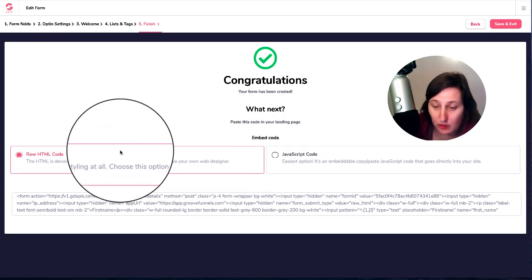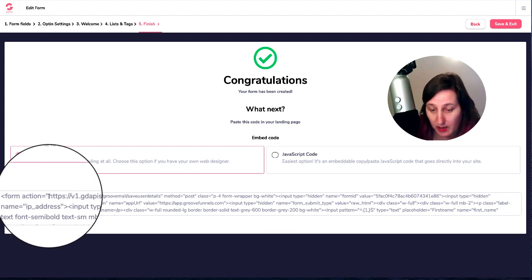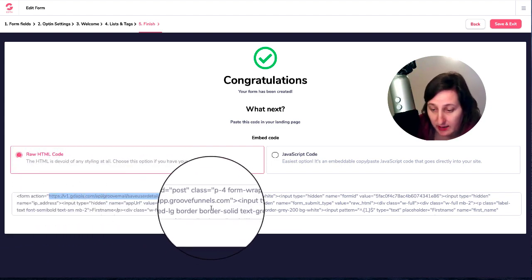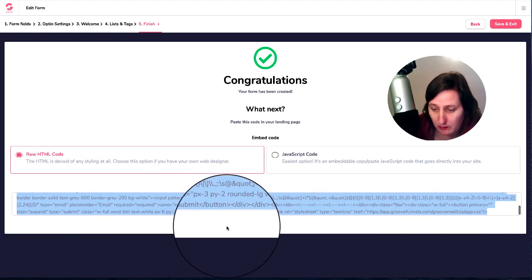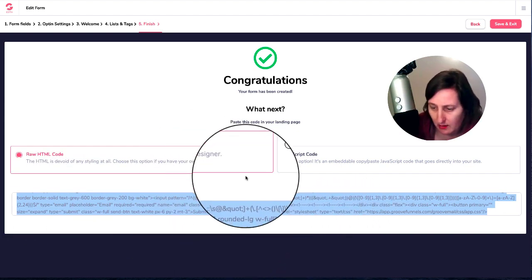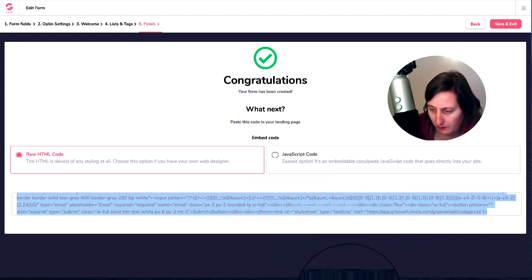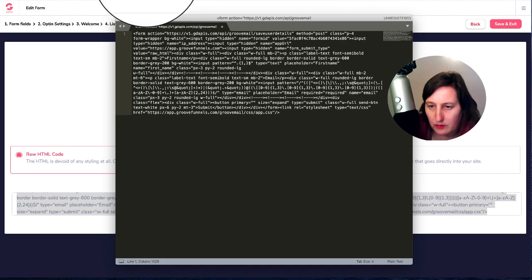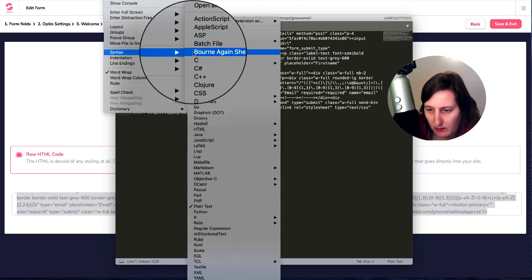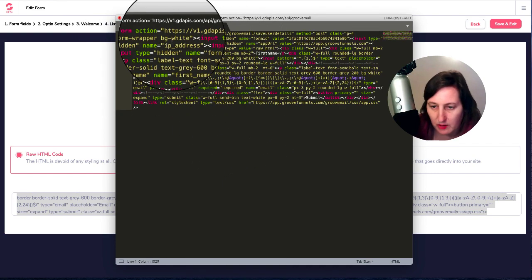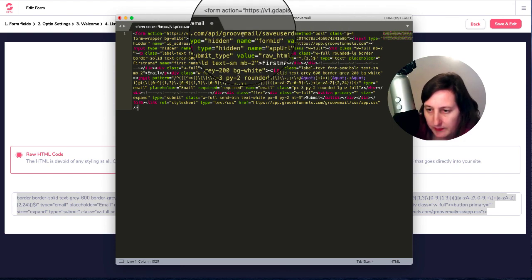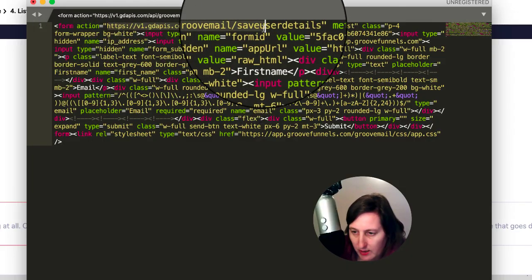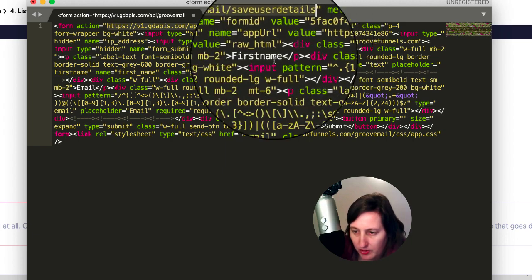Now the code that we actually want is this raw HTML, because we actually want this address here, and there's some other bits that we want as well. So I'm just going to copy this, and I'm going to put it on my Sublime text, and I'm also going to change the view of that for the syntax, which is HTML, so I can actually see it. So in here, what I want here is I want this groove mail, I want that information there,